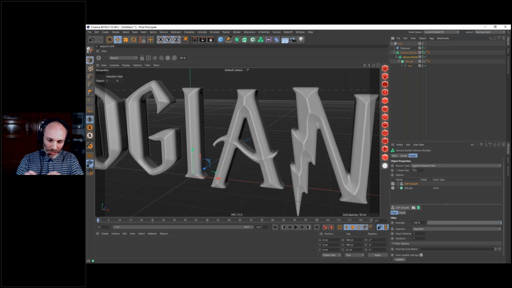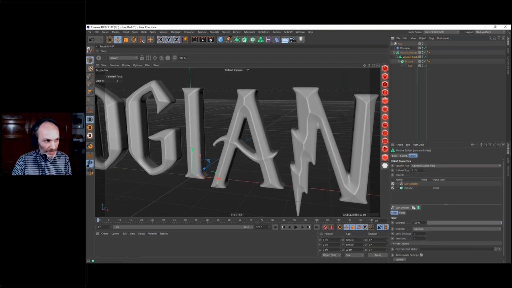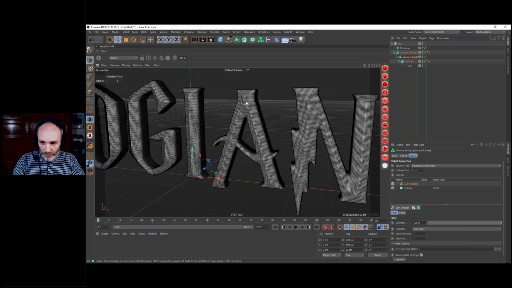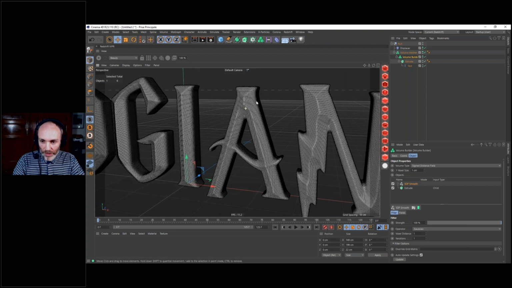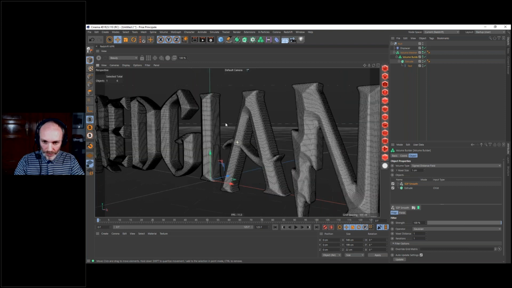But if you have a huge text, which will be 2 times or 3 times bigger than that, then you have to adjust here the voxel size. Okay, you're looking for polygons about this size. This is a good compromise. It's going to work and not to be too slow on your viewport.